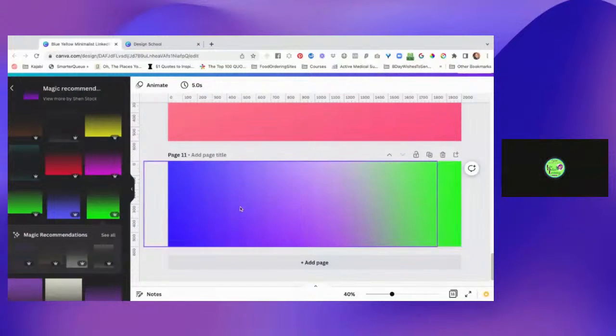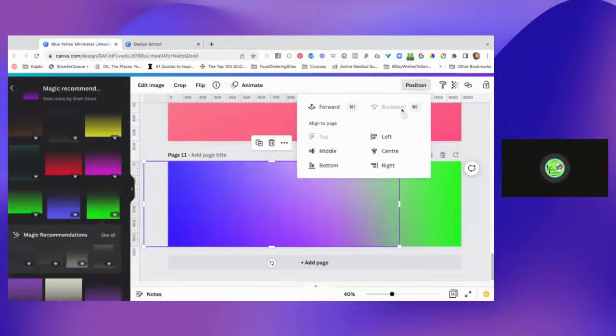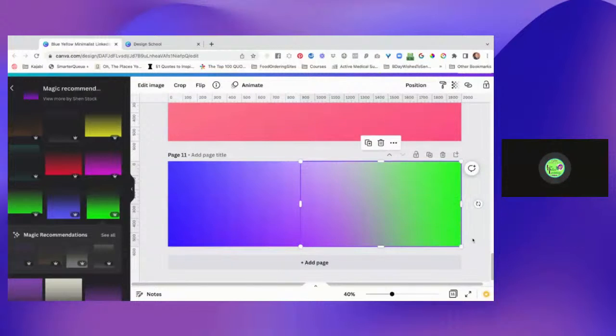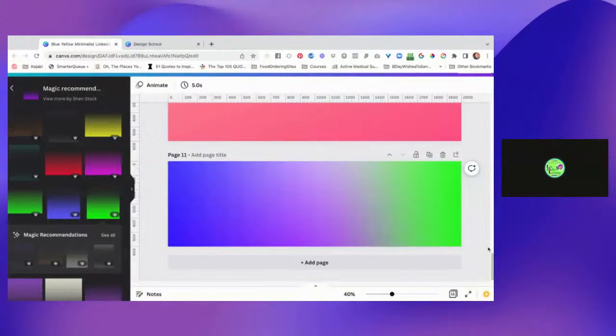So I wonder if the other thing would be to put it behind. Position backward. Oh, it's already in the back. So I shouldn't be seeing that line. Oh, there we go. That is where I would probably have that one go. Now, if I wanted this stronger purple here in the middle,